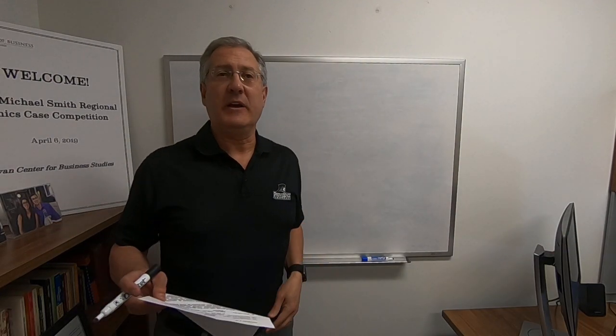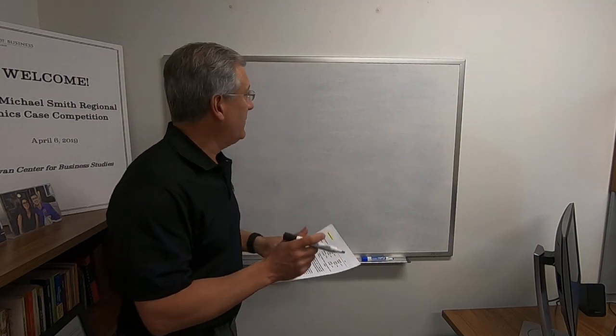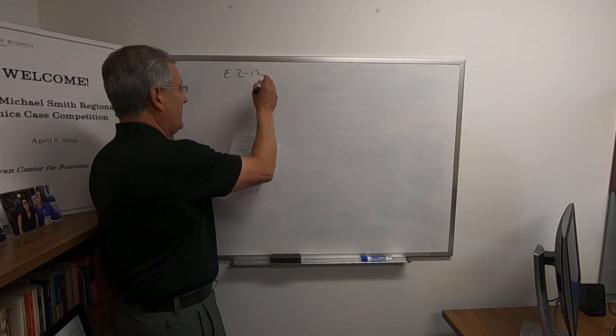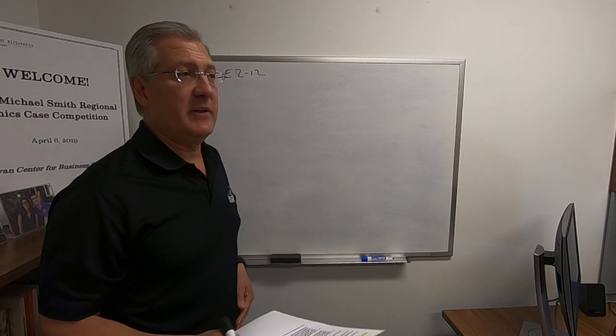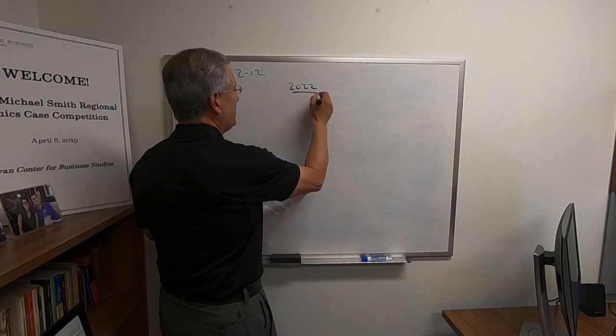Okay, this is going to be part 2 of the chapter 2 problems. We're going to pick up with exercise 2-12. That's exercise 12. And then continuing with our ratio analysis, we're looking at a company 2022 versus